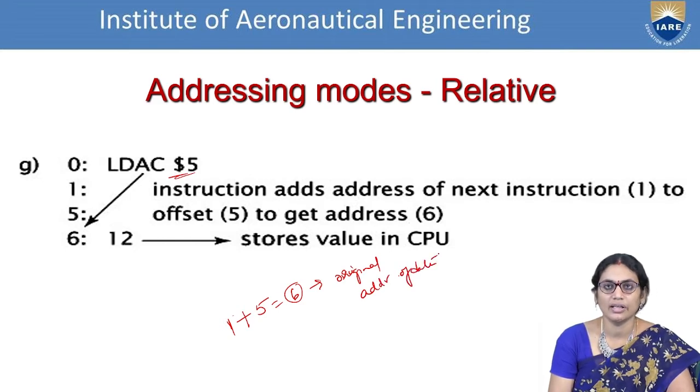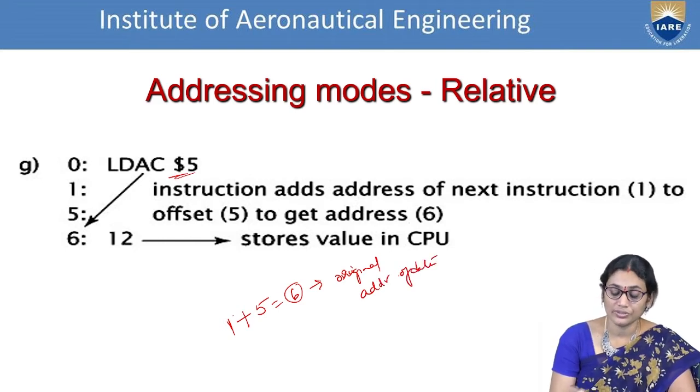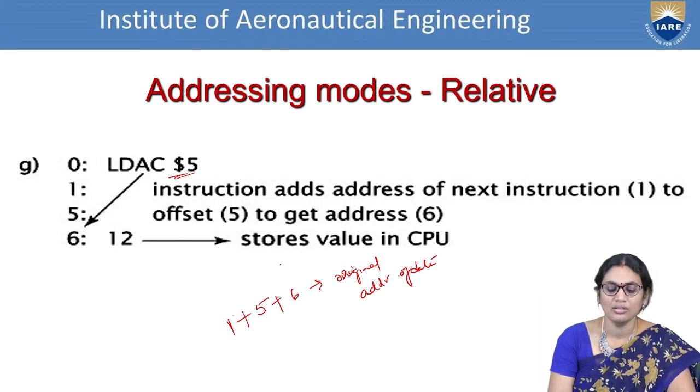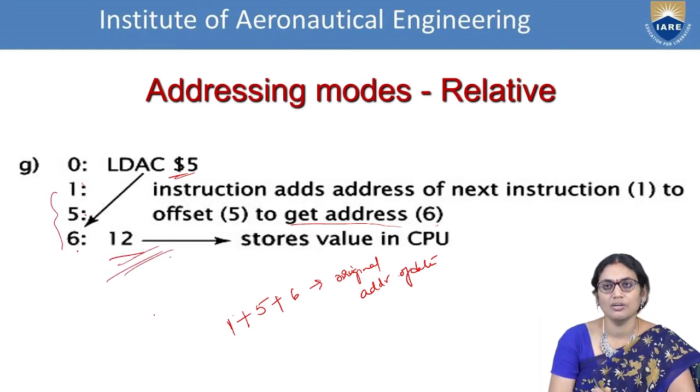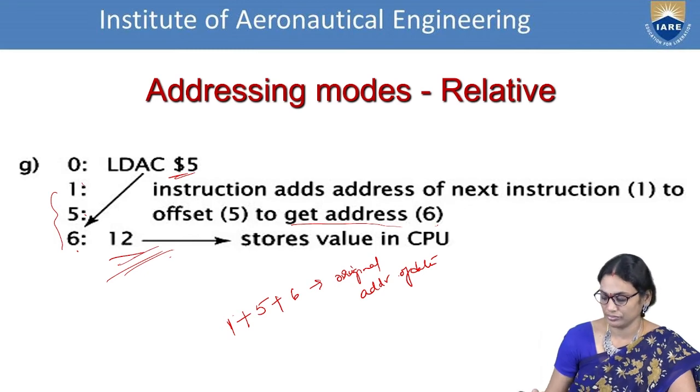Original address of the data. Or, as you can say, I will be adding $5. One instruction is executed next. This 5 will have some other information. Now, this information is also added with the next location. So, this address has been given with the specification. So, 1 plus 5 plus 6 equals 12. This will be my original value. So, in this way, I am having the original data presentation.